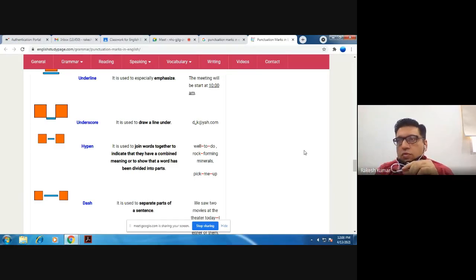When you have 2 expressions in mind, but you want to say them in 1 sentence, but the sentence will become too long, probably it will be ambiguous for the other person to understand. To avoid that ambiguity, what can we do? We can apply a dash over there, so that the person will understand that the first expression is that you have watched movies. In the second expression, you have said that दोनों movies तुम्हें पसंद नहीं आई, you did not like it. So that is why you applied the dash. This was a long sentence. You separated it with the help of a dash. Okay.